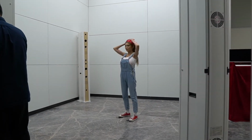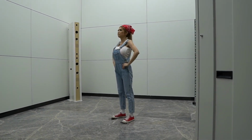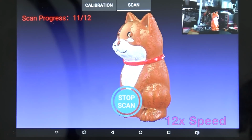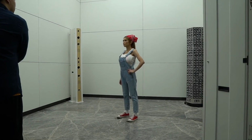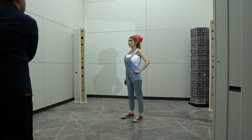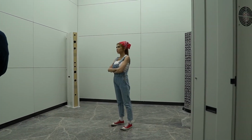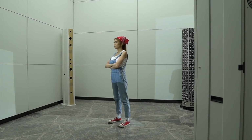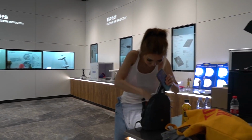The Eason body scanner uses a technique called structure light. It's the same technique my smaller Creality scanner uses. Each column of the scanner contains several video projectors and several cameras. The projectors create moving bands of light across the subject being scanned. The precise distance between the projector and any point on the subject can be calculated by looking at the distance